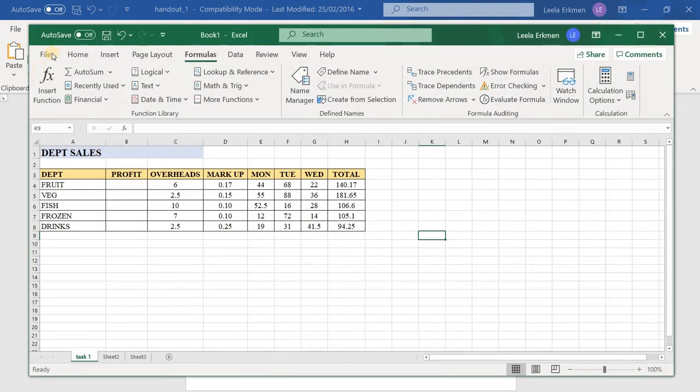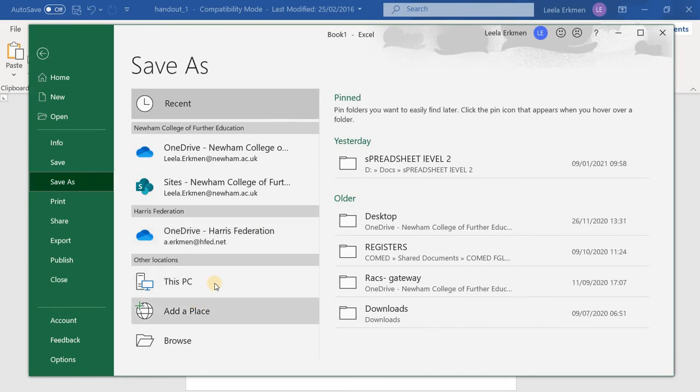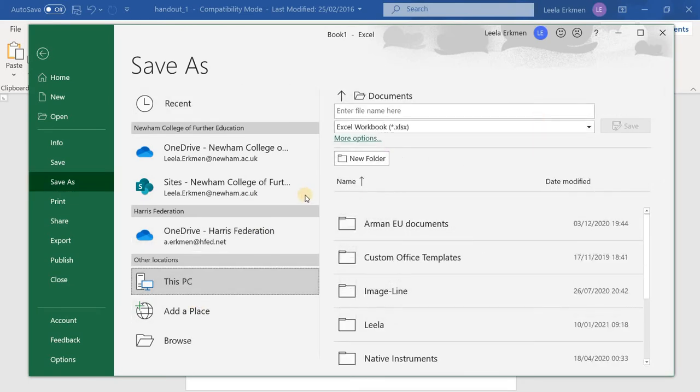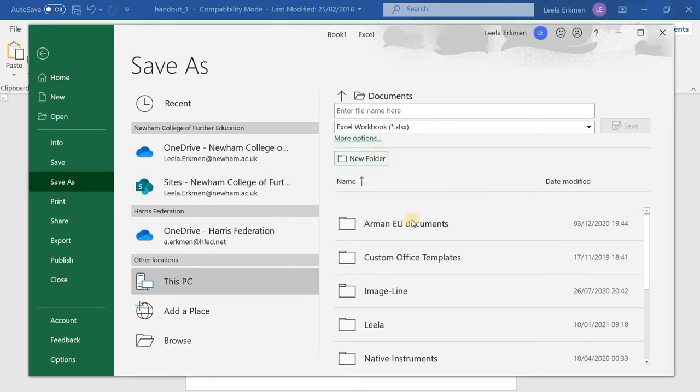Now save your spreadsheet as sales. Go to File, Save As. And if you're saving it in your computer, of course, this PC, or browse, you need to add a place. I'm going to make a new folder. Maybe you can name it spreadsheet work, and okay, I'm just going to create a new folder, spreadsheet work, and then here I'm going to select sales